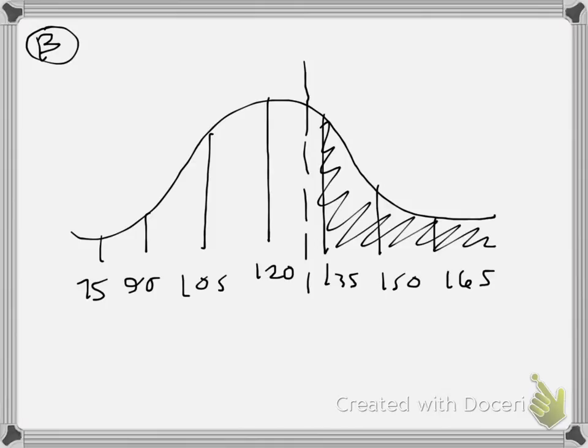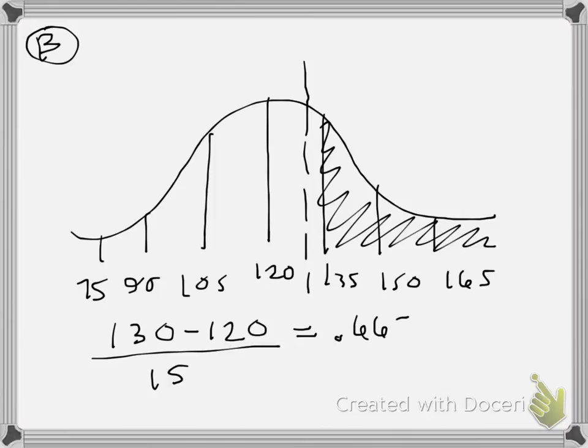Use the z-score formula to find the z-score of 130. The z-score equals 130 minus 120 over 15, which gives us a z-score of 0.667. Go to Table B at the back of your book to find that the percent is between 75.80 and 72.58. We can find the mean of those values and find that the z-score is slightly above that mean, at about